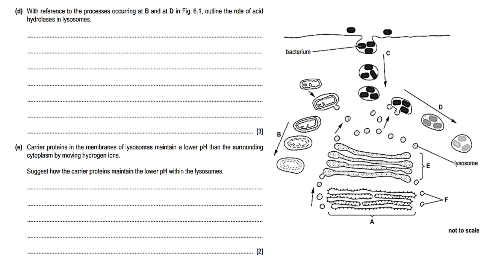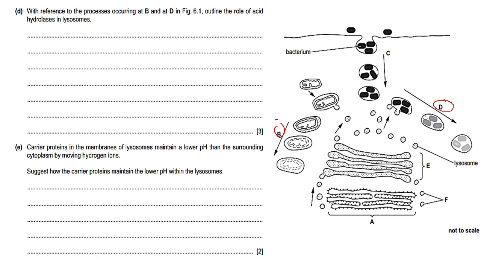Okay, let's look at the last two questions. With reference to the processes occurring at B and D in figure 6.1, outline the role of acid hydrolysis in lysosomes. So let's just look at B and D. So here's B over here and there's D. With D, we can see that it's the digestion of bacteria. And with B, I think these look like old plant cells. I'm just saying that because I can see this looks like a cell wall and maybe like a cell membrane on the inside for all of these cells,